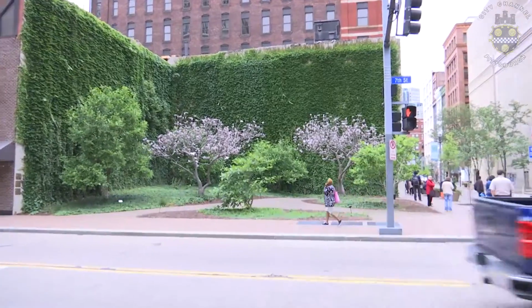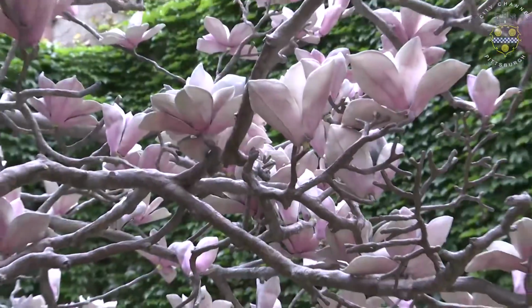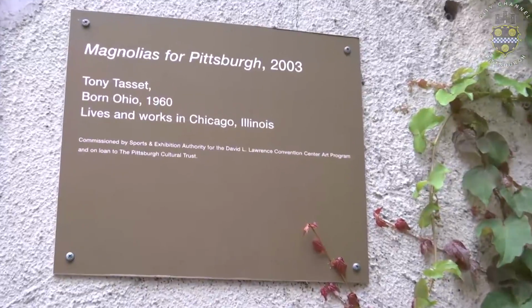One that's part of the Convention Center's art collection is actually not at the Convention Center right now. It is the Pittsburgh Magnolia sculpture, which is at the parklet at the corner of 7th Street and Penn Avenue. It's two bronze magnolia trees designed by Tony Tasset, and those magnolia trees were intended to be placed at the Convention Center as part of a main entrance hotel, which hasn't materialized yet. So in the meantime, we've loaned those sculptures to the Cultural Trust, and they're placed across the street from the Benedum Center,